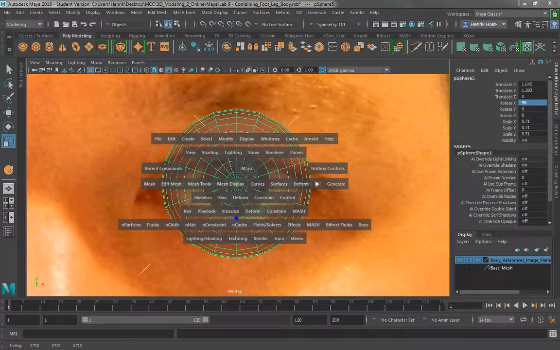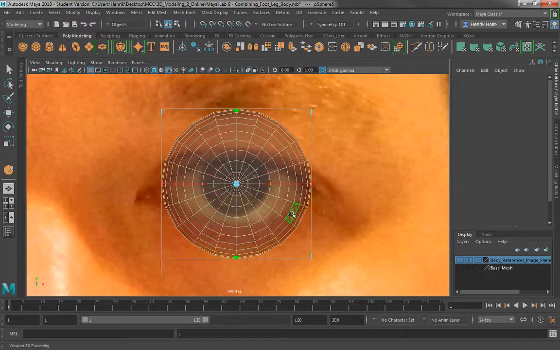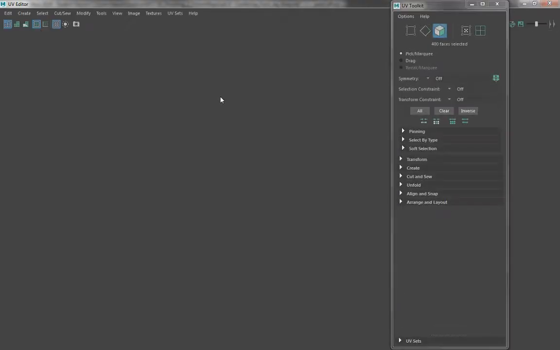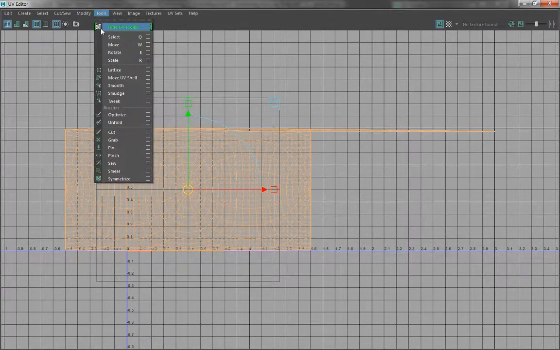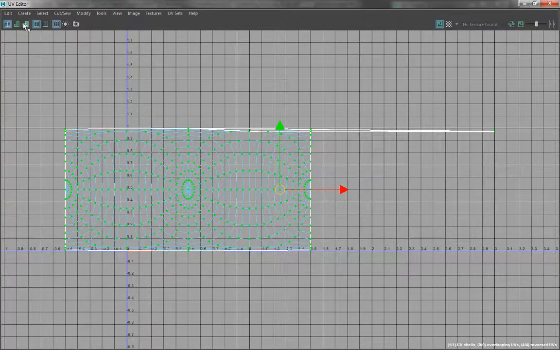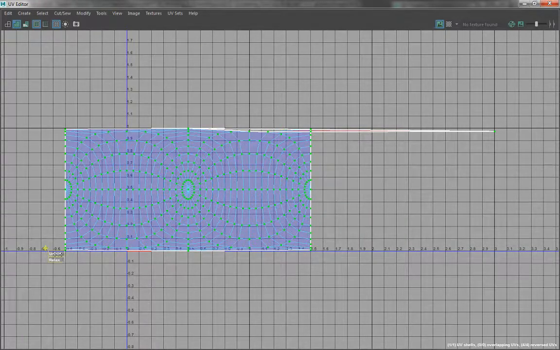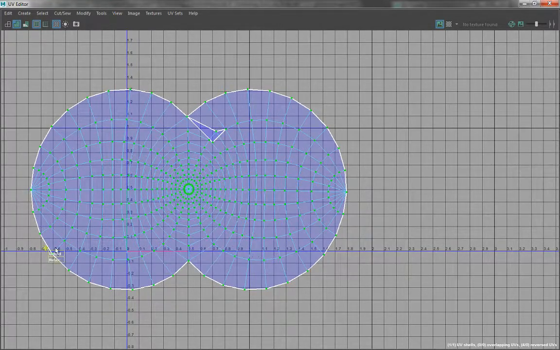And the first thing I like to do with this is I like to run a UV cylindrical. Now in my UV editor, typically, tools, UV shell tool, and I'll turn on my little blue, and I'm going to do tools, smooth, and I'm going to run an unfold. Typically this always happens on unfolding this